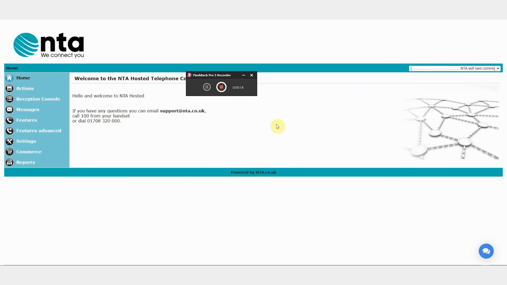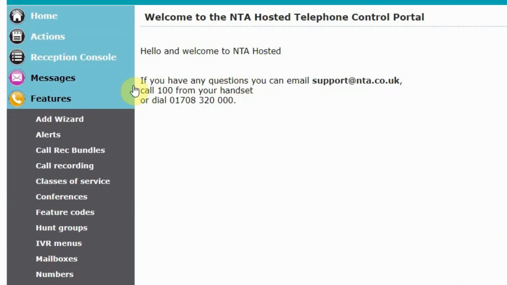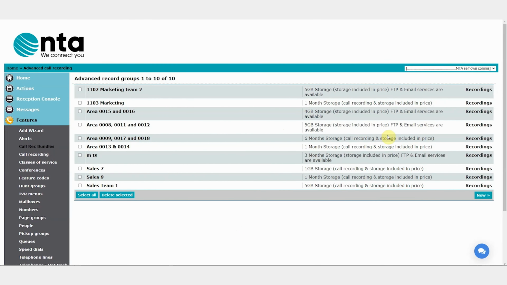To find this, go to the left hand side under features and you'll see a new option there that says call rec bundles. Click on the call rec bundles and you can see I've already created some bundles here, and using this for various different extensions. If I go to new, to create a new one, on the bottom right here,